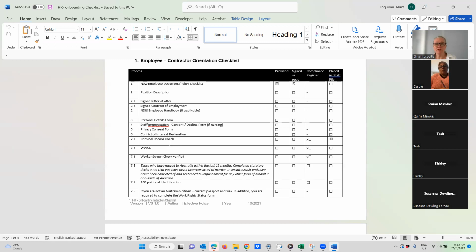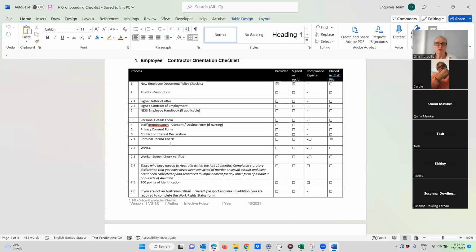Which is, do you need one? Do you work with children? Are there going to be children in the background of those families? But I decided that it was much easier to have it across the board, all of the frontline staff, anyone interfacing with a client needs to have a working with children check, because some of the clients may not be children, but they may have children in the home. So that's why I decided that. That decision is completely up to you.